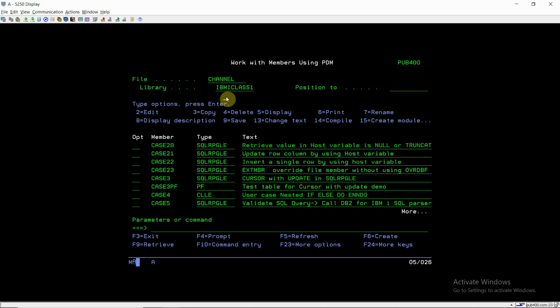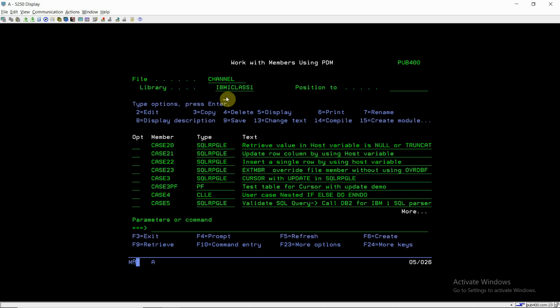Either we can read the first member or the last member by specifying *LAST in the EXTMBR keyword. The value will always be in uppercase. Or the *ALL case, which reads all the members.